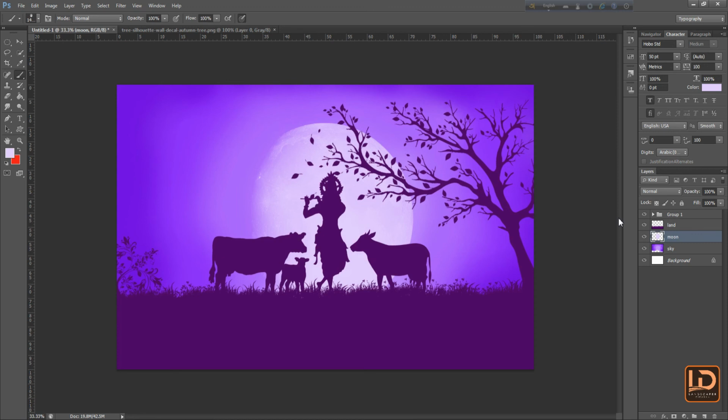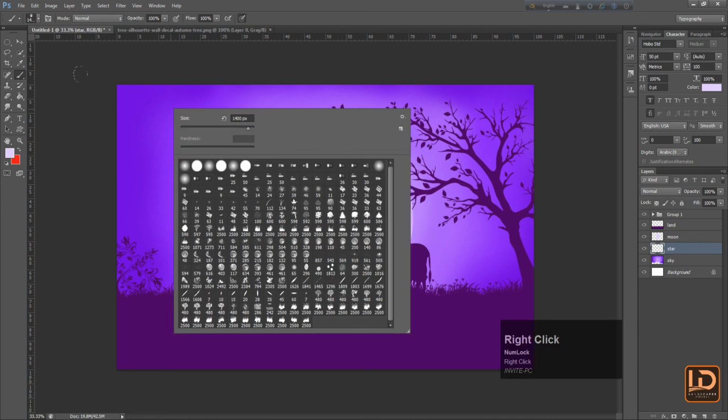Next, create a new layer, star. Right click, select click,